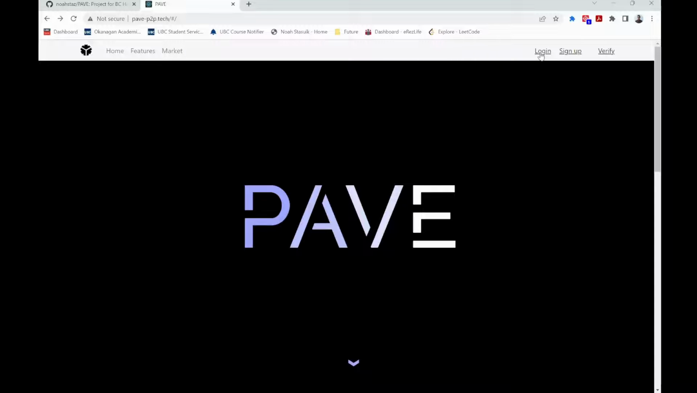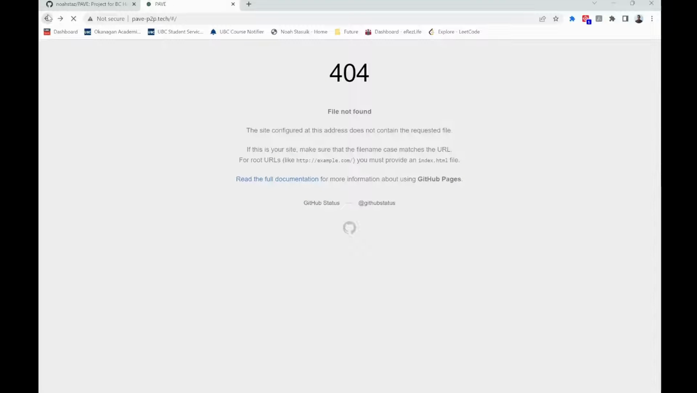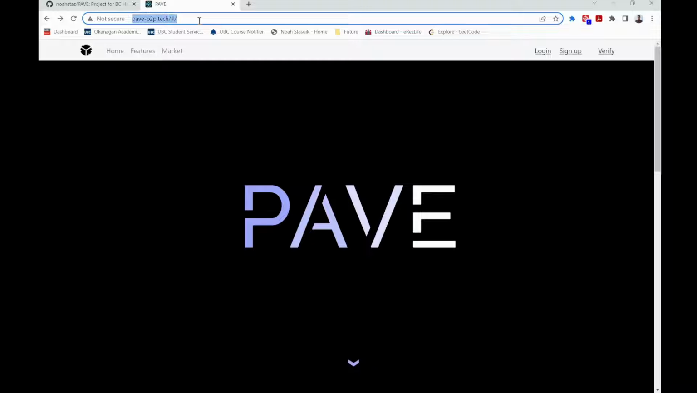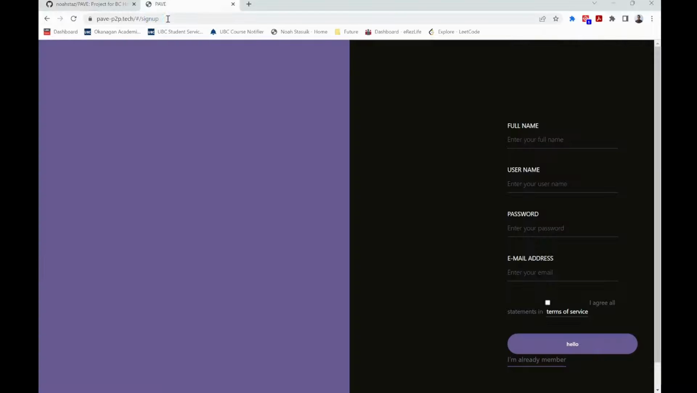As a part of the demo, we are going to go to the login page, which has some issues at the moment. So I'm just going to do /signup, and then we have set it up so you can actually sign up with your full name, username, password, email address, etc. So I'm going to sign up and I'm going to give myself this username and I'm going to do S as my password and then